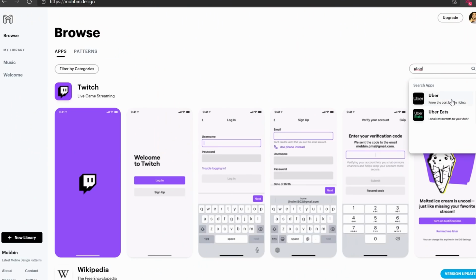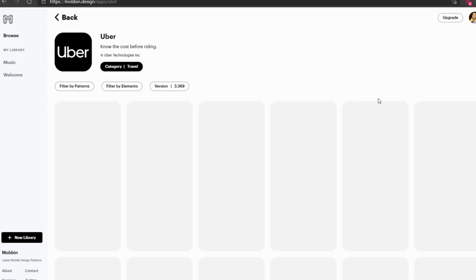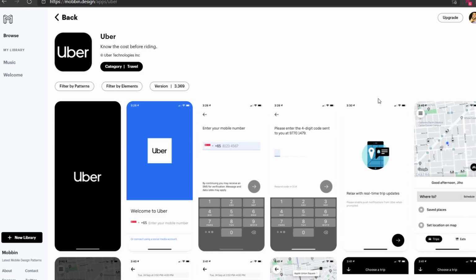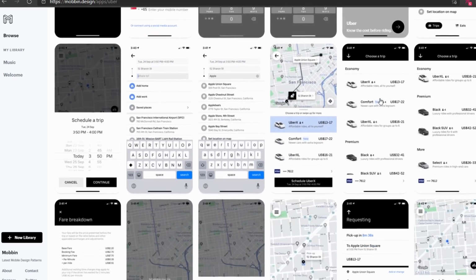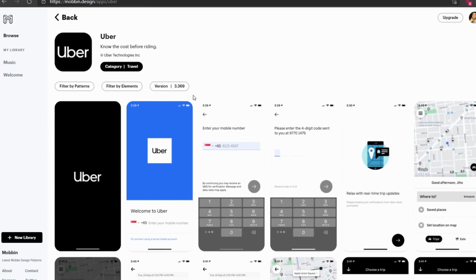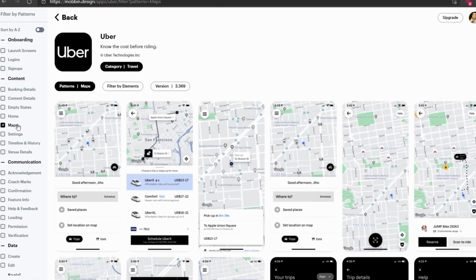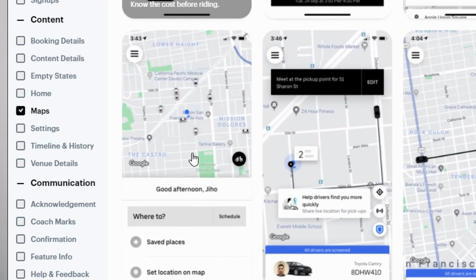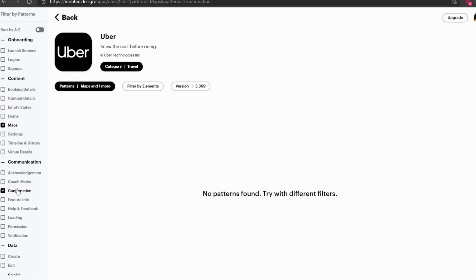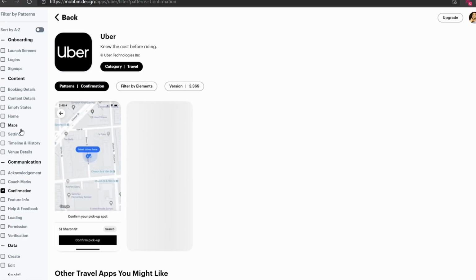For example, you are building a cab sharing app. On Mobbin, there is a search feature which allows you to search for anything. In this case, it would be Uber or Lyft. You search for Uber and you find a multitude of screens pop up. A major problem statement for Uber is to get a person to a certain destination. So searching for a location is very important in Uber. You can find patterns for searching for a location on Mobbin, so you can understand how an app like Uber